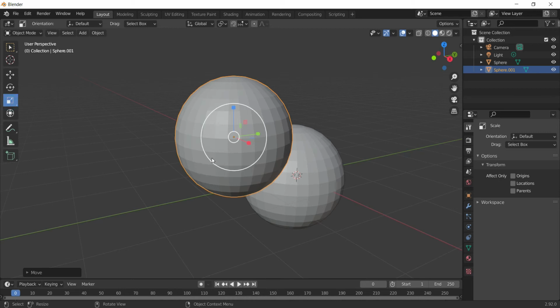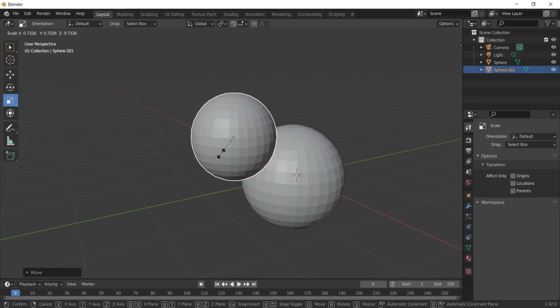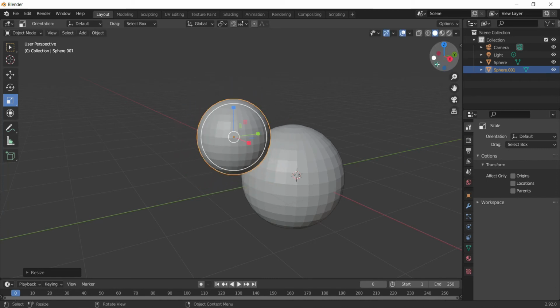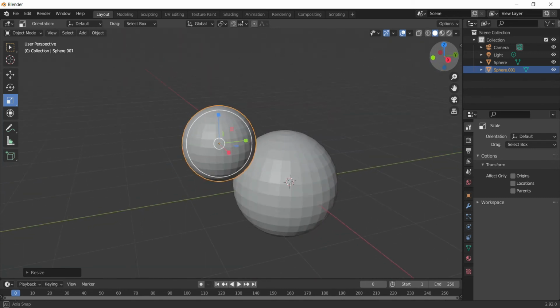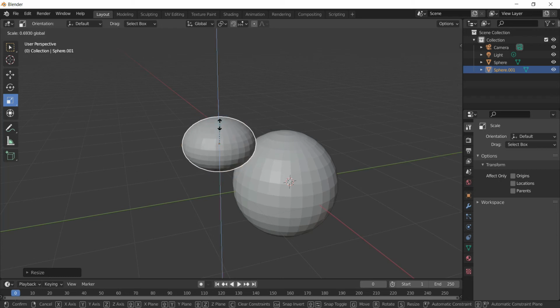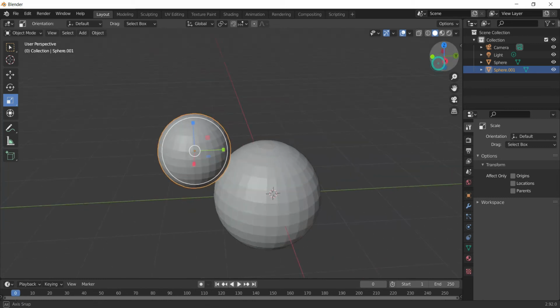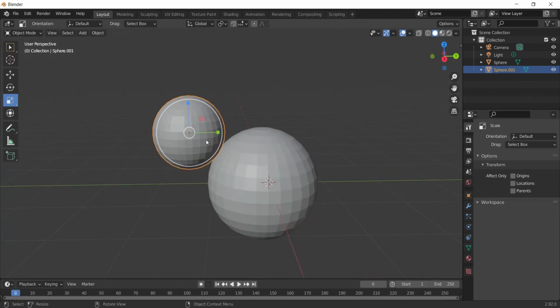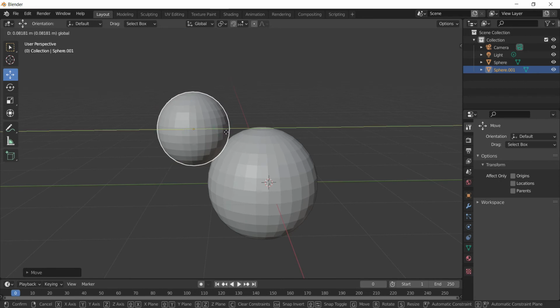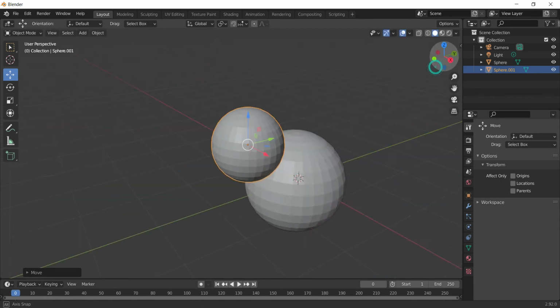If I click in the center and move my cursor, it will scale down the entire size of the object. If I do it with the axis part, it will scale the object on the individual axis. For this particular part, we don't want that. We want to scale down the entire sphere. So I will keep it till here and it's fine for me.